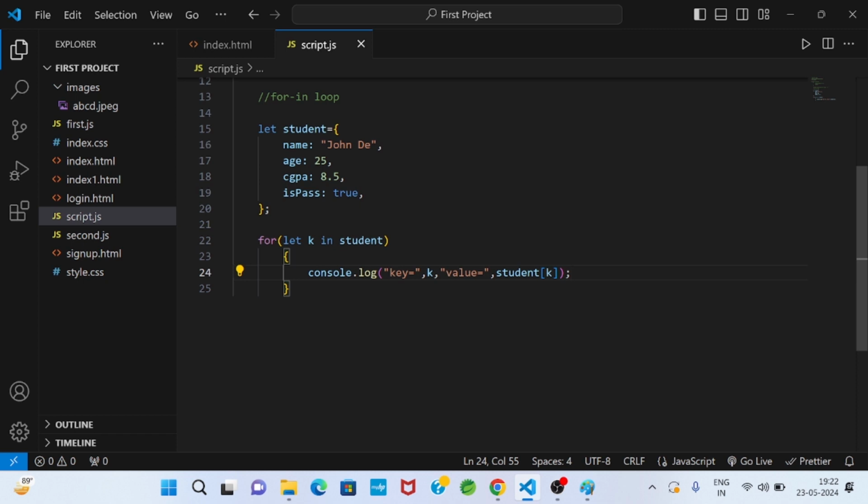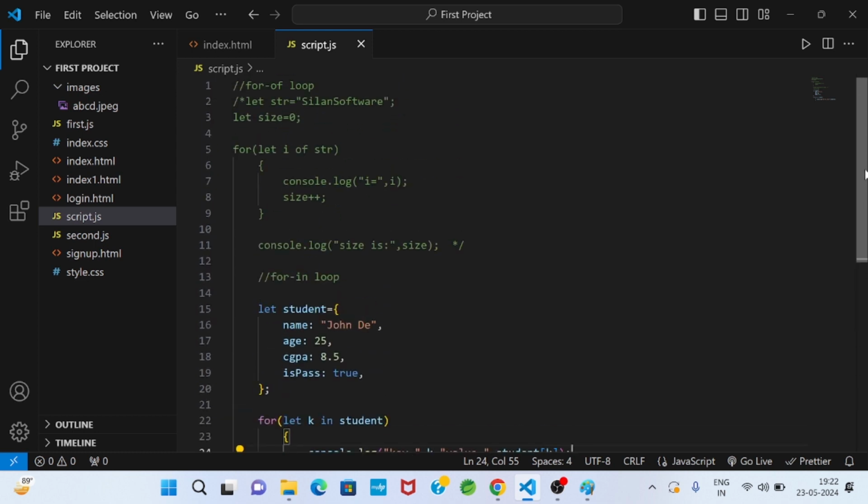What we observed is that the for of loop deals with a sequence. From a sequence, if we want to retrieve all data items, then the for of loop is the best suitable choice.